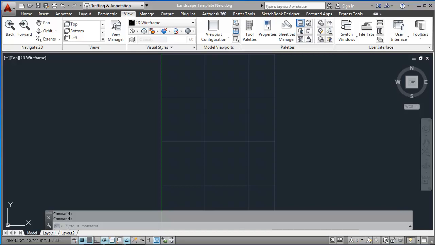In this exercise, you will use the landscape template to create a layout tab for a B-size sheet in Paperspace. You will also insert the landscape drawing into ModelSpace and copy the plant list into Paperspace. I'm going to begin by opening up the landscape template file that we previously created, and I'm going